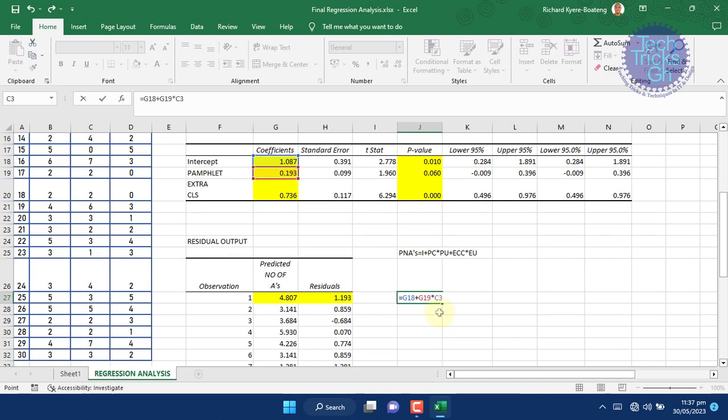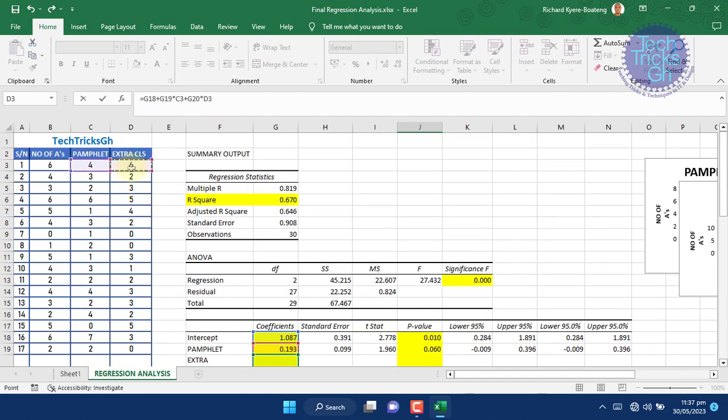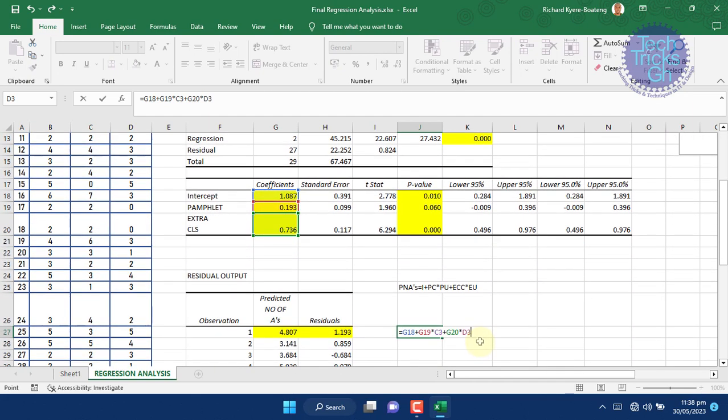Select extra classes coefficient, which is cell G20, and press the multiplication sign on the keyboard. Finally, select the extra classes units, cell D3, and press the enter key on the keyboard to see the results,